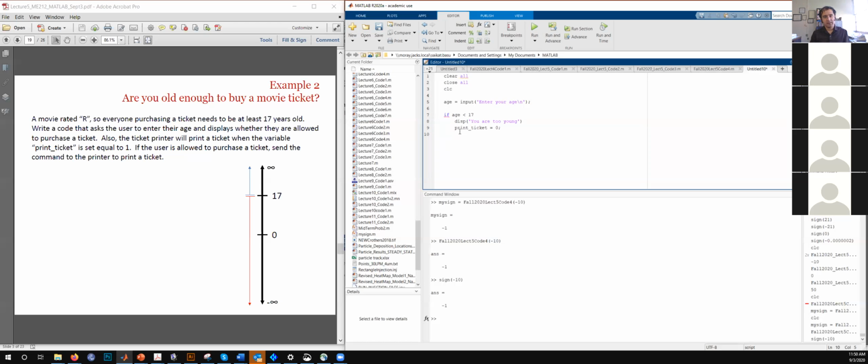So we can just do else. Right. So if the age is less than 17, the only other option that's left is either it's equal to 17 or greater than 17. And we don't really need to tell MATLAB that. We can just go to else, and then we can just display, you are allowed to go in. And then you can assign the number 1 to the variable print ticket as well.